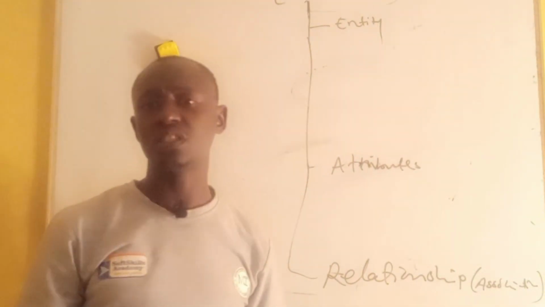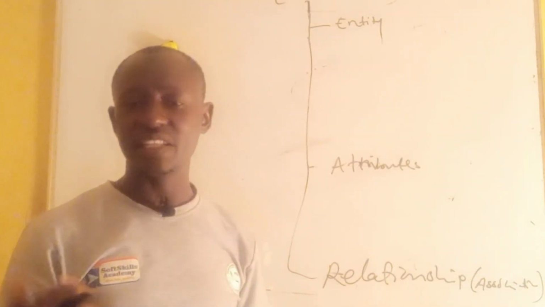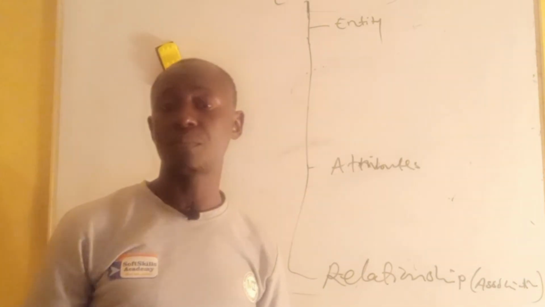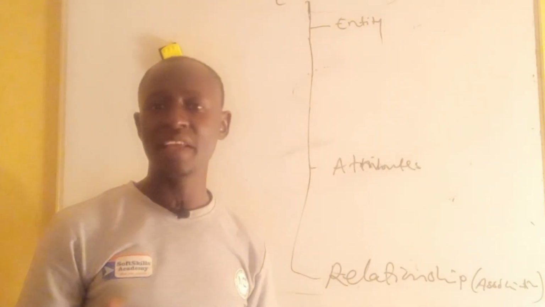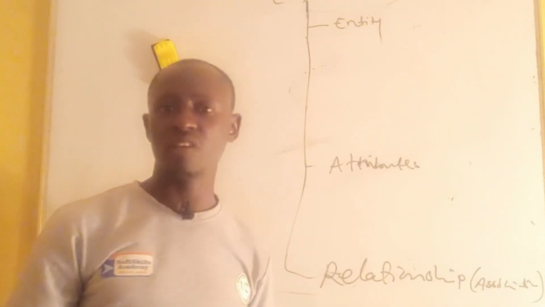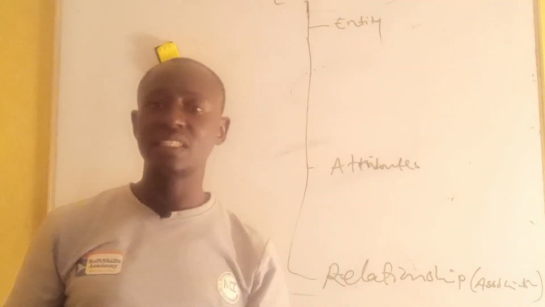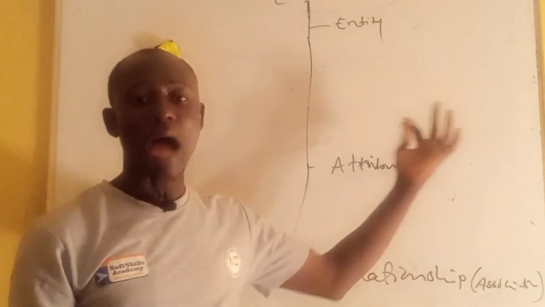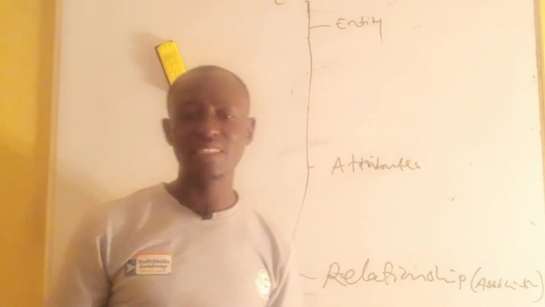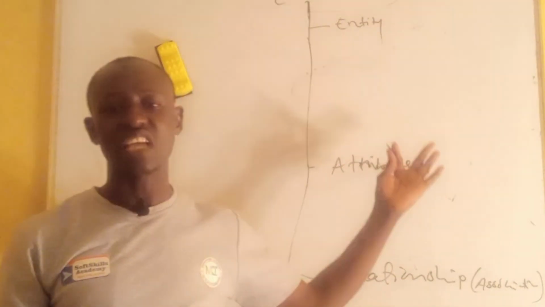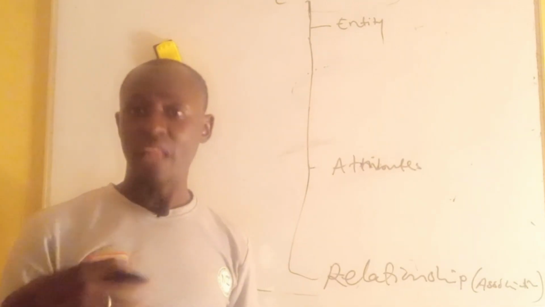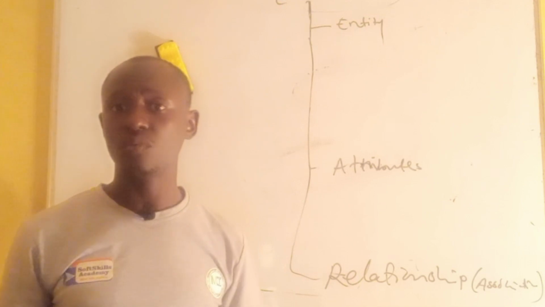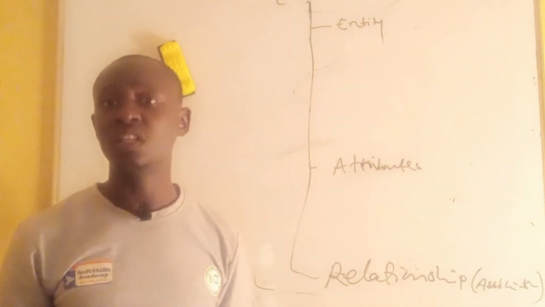I think we have mentioned this in one of our classes when we were dealing with Java programming or computer programming one, when we said our entities can be tangible and intangible entities. It's just the same thing. The living thing and non-living thing components can be our entities. So we look at the tangible entities here, like student is a tangible entity, bank account is an intangible entity or non-tangible entity or non-living thing,